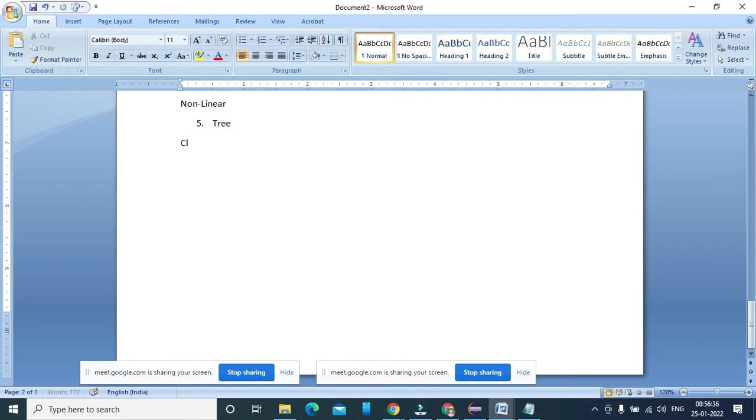So you know what a class is? A class is a collection of similar kinds of objects under one name. A class is a blueprint, so you can create an object by using that specification.